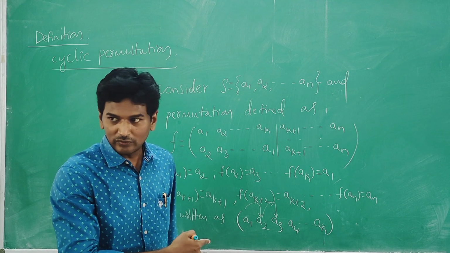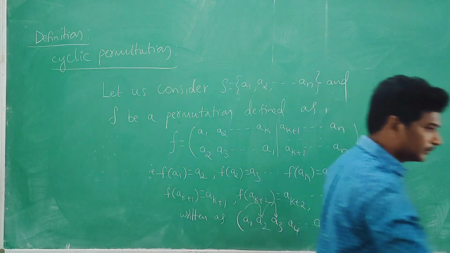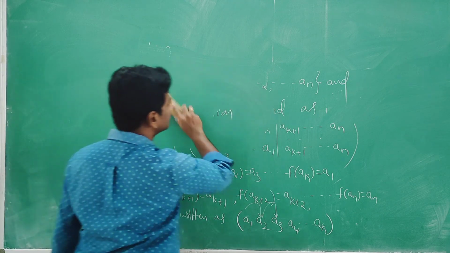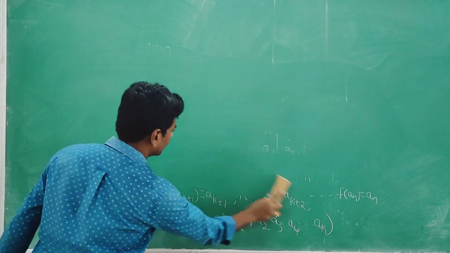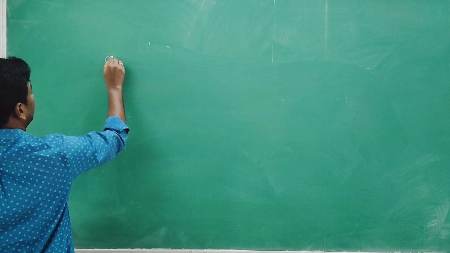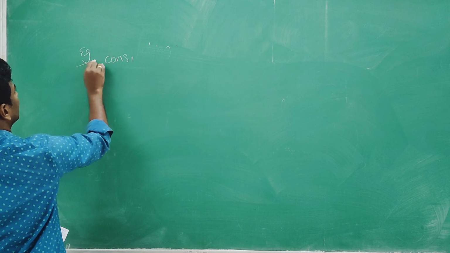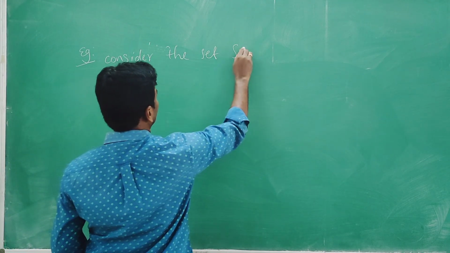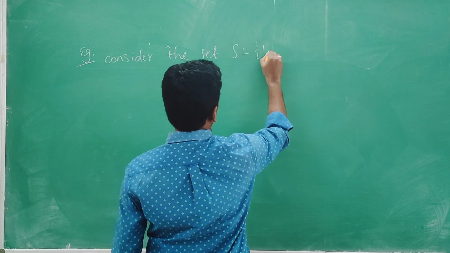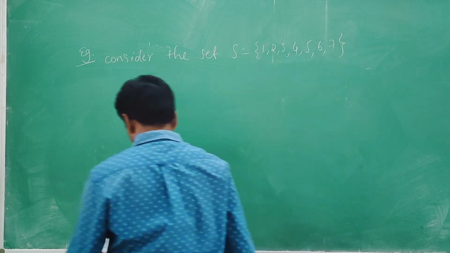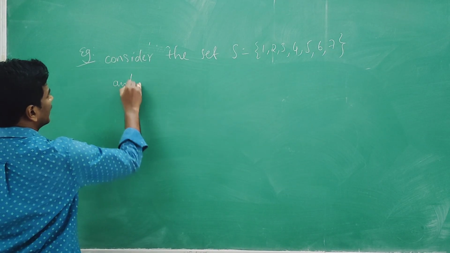Understood? One example. Now, I will write one example on cyclic permutation. Consider the set S is equal to {1, 2, 3, 4, 5, 6, 7} and a permutation f